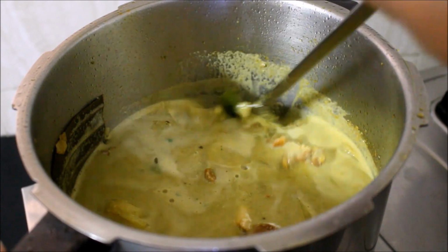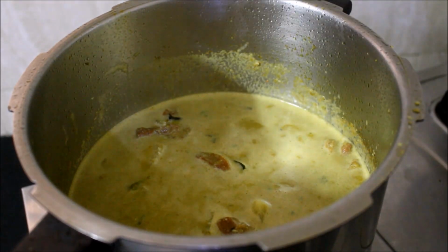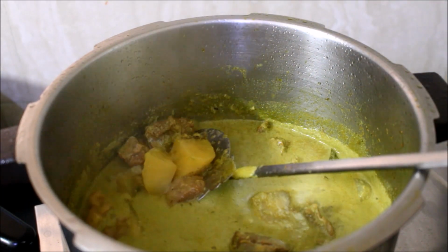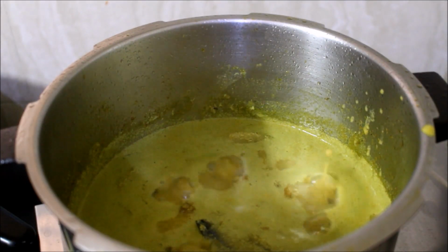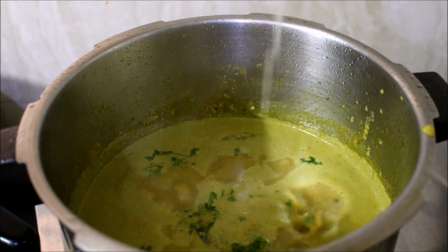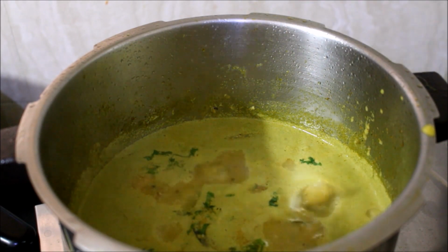As I said before, the salt was not enough in the mutton curry, so add excess salt while you're preparing the curry. I've got this coconut curry to a rapid boil and allow the raw flavor to reduce. Once the raw flavor from the coconut curry has reduced, my meat nokol kohlrabi, or the meat and nokol mutton gravy, is ready. I've added a little bit of lime juice and sprinkled coriander, and I'm going to serve it